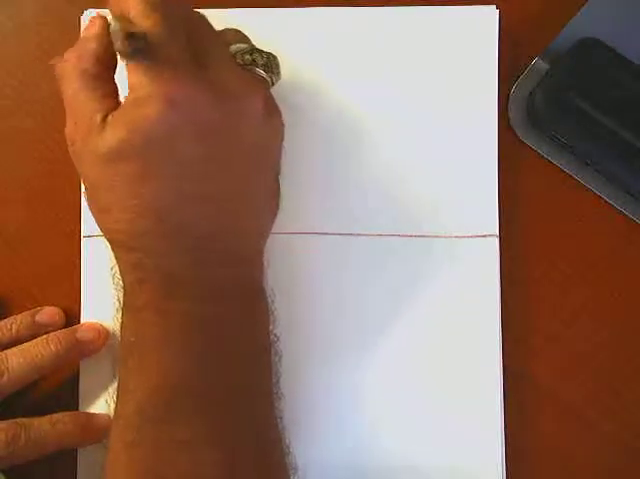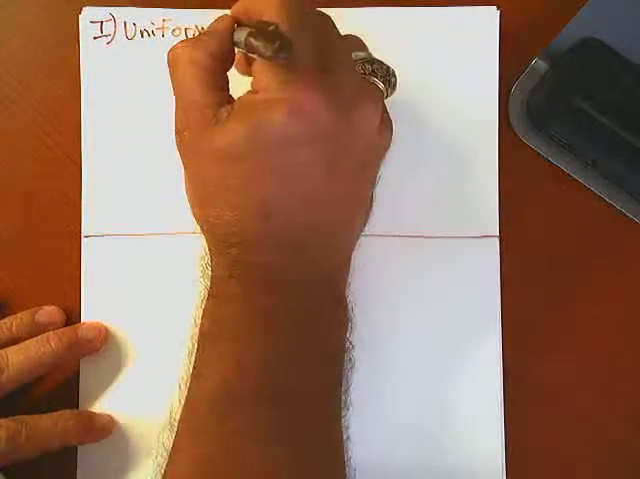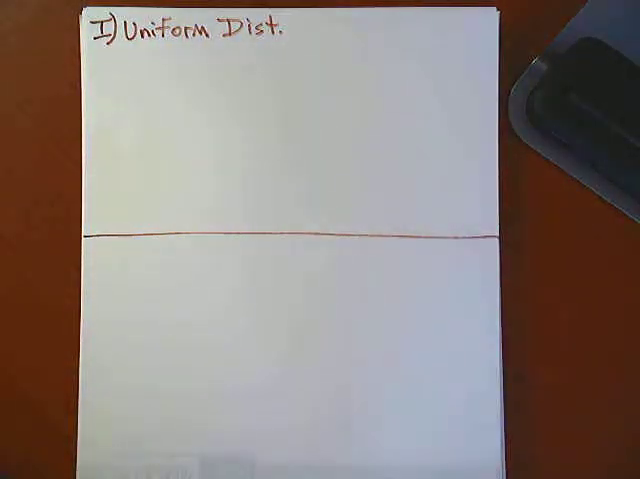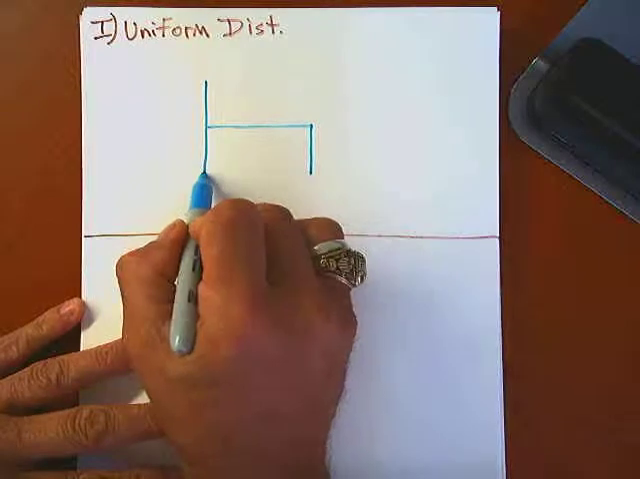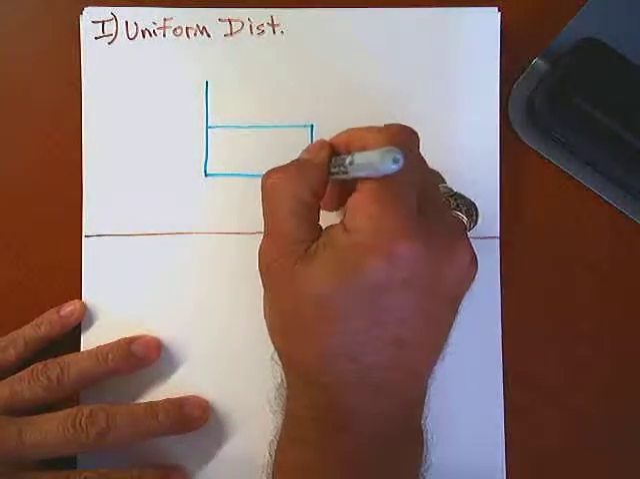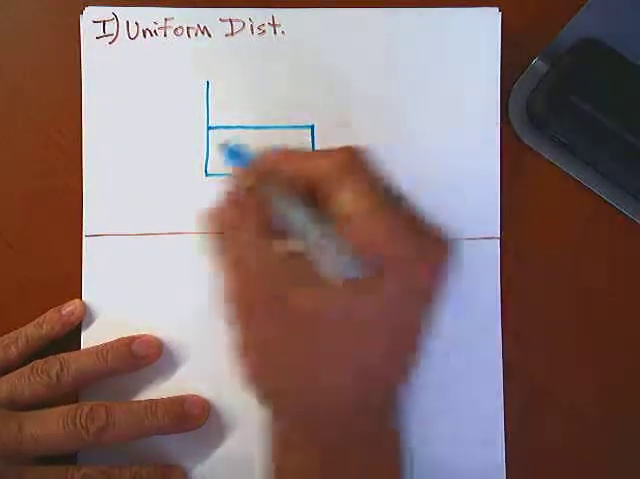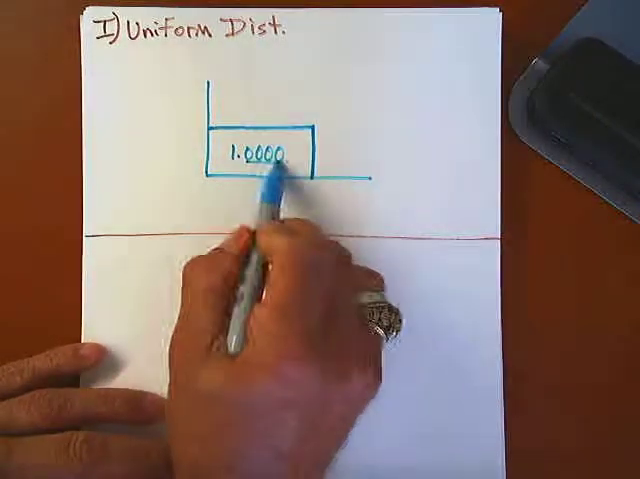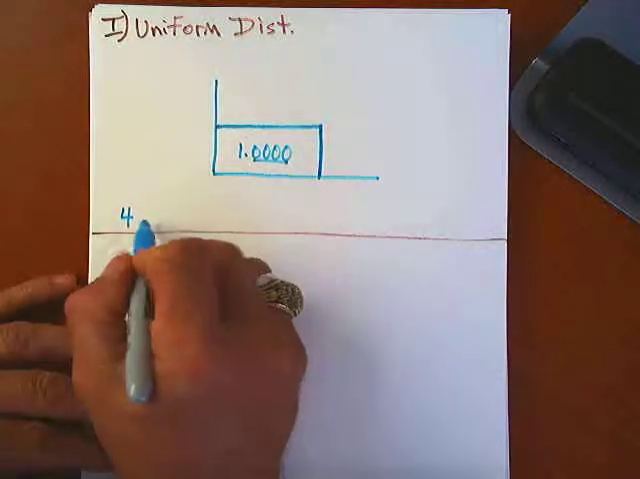One is called uniform distribution, and the uniform distribution has no variation. It pretty much is like a box, and the area under the uniform distribution is 1.0000. Now, the reason I write 4 digits is because I like to tell students that when you're given 4